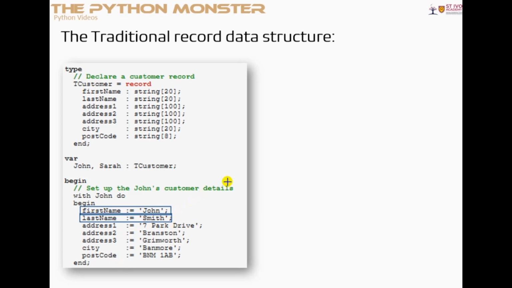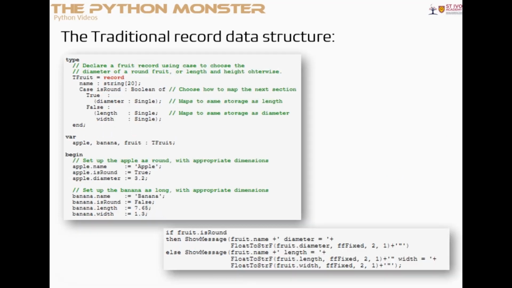I'm just trying to explain the data structure and how it works, and also the fact that the terminology that we're using here is keys instead of the fields of a database table, and we are talking about items of data as values associated with that key. So let's have a look at another example, because although I mentioned earlier on that you could have different data types within a record structure, this one's not a very good example because all of these are strings. So let's have another look at Delphi, where the programmer has created a record data structure of